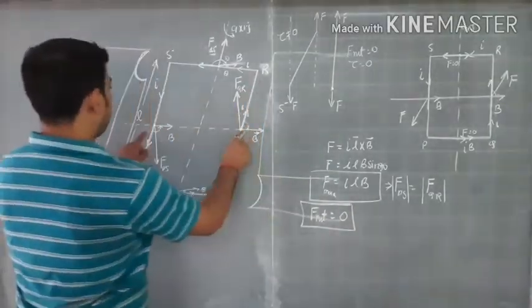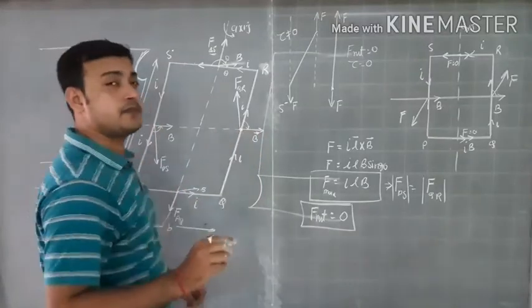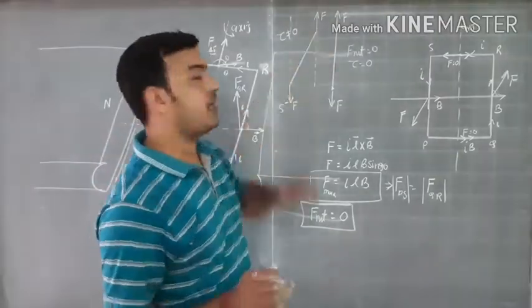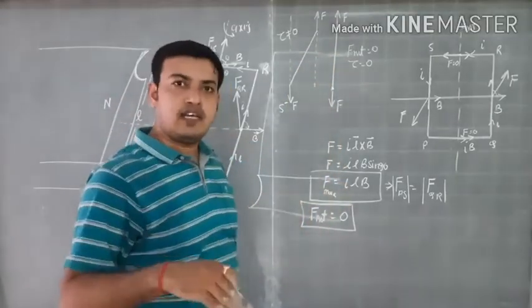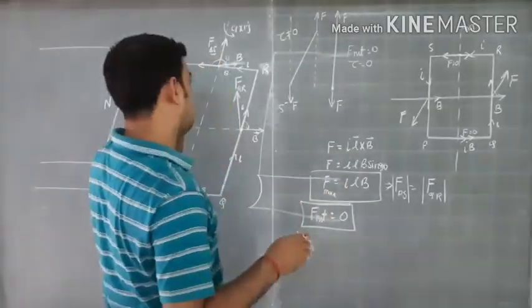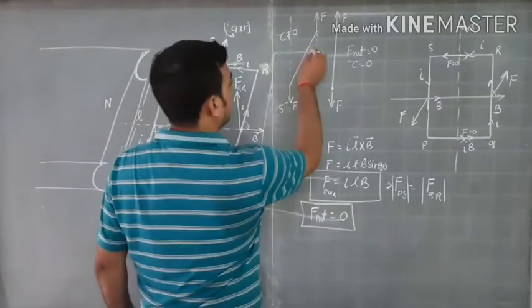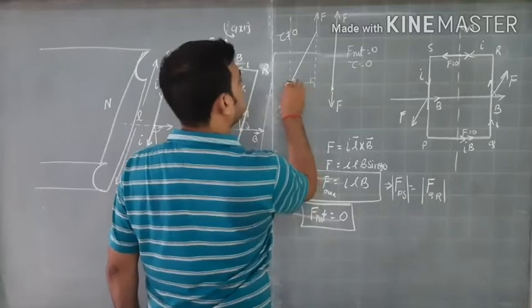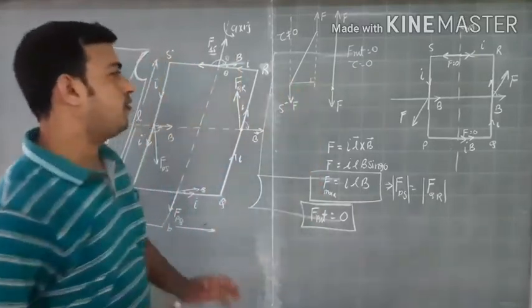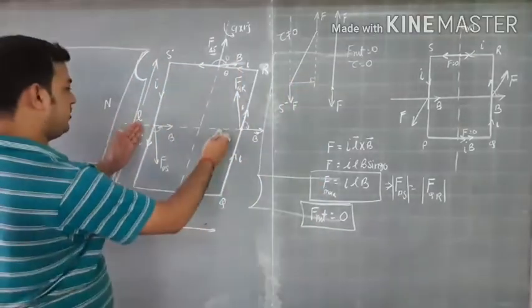So in this case, these two are the forces, but they are not acting on the same line of action, so they will produce a turning effect, and that is measured in terms of torque. And in that case, the distance between the forces is this. This is the perpendicular distance between the forces, and that concept we will use here.